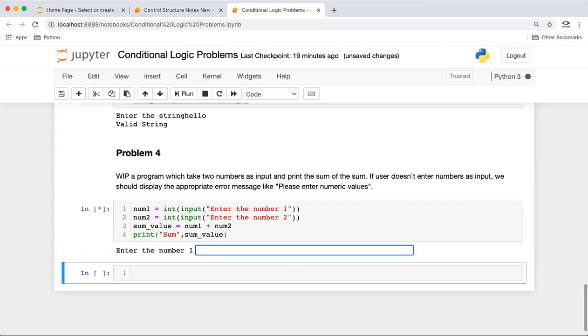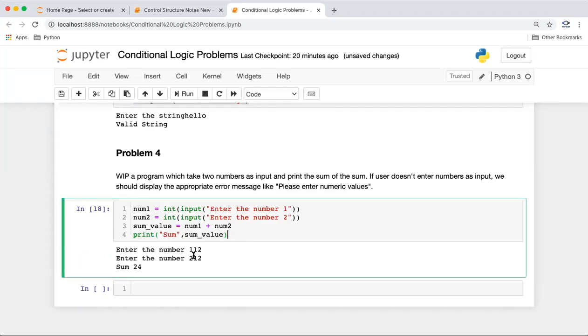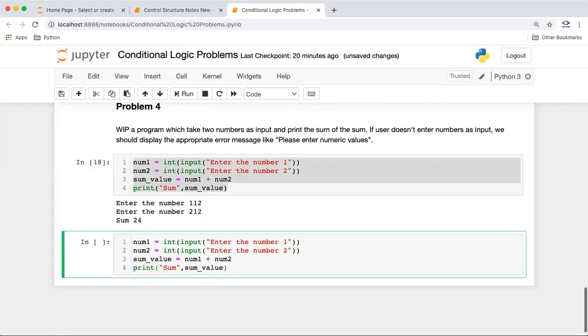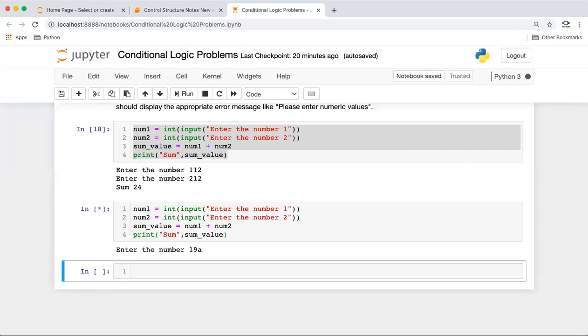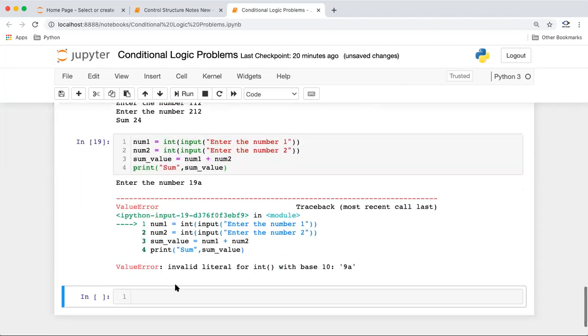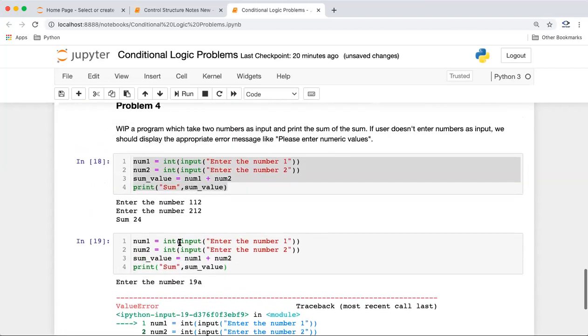Something like this, right? I'm entering 12, 13, it's working as expected. But let us suppose the user gave, say, 9A. Our program ends up with an error like this. And our users are not always computer programmers, they might not understand this error.